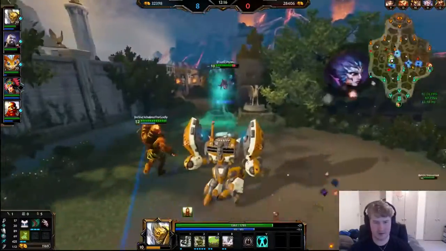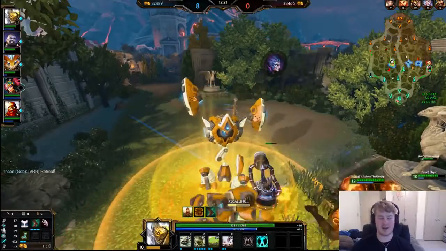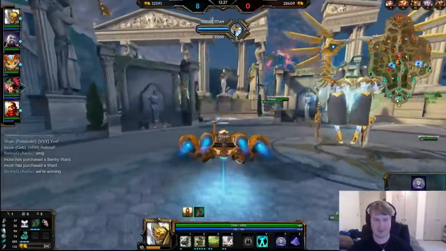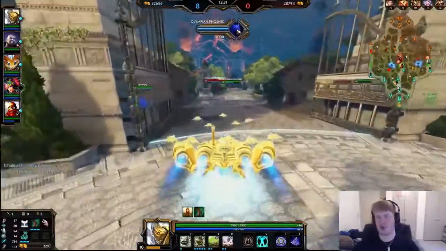Only got one. Watch your butt. Tell them to get out of there. Go ahead and back up, get some wards. Urchin, ward, ward. Okay. By about this time in the game, you're going to want to start making sure you